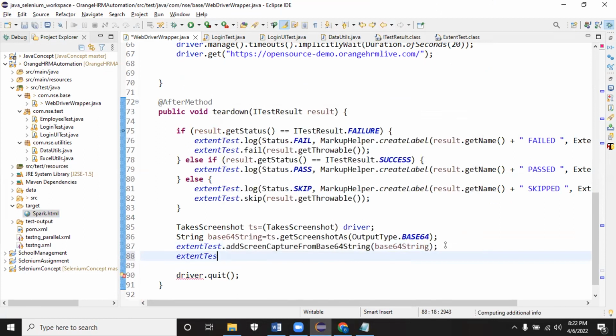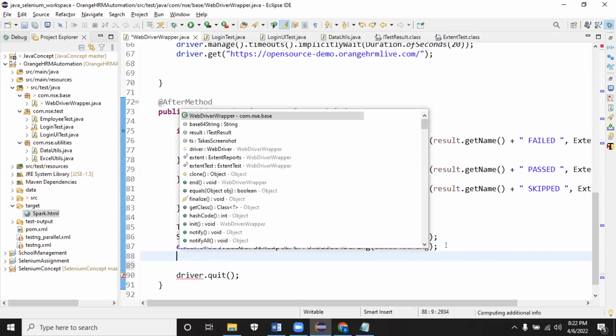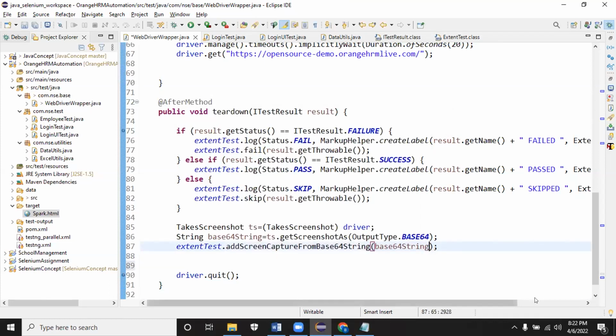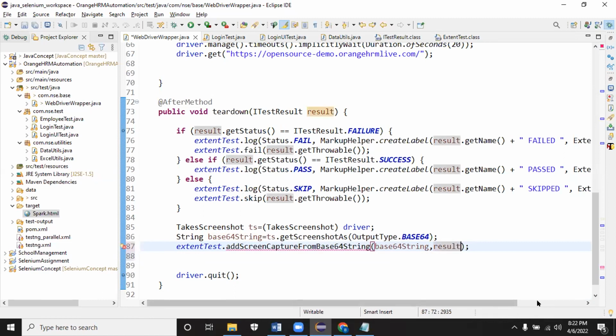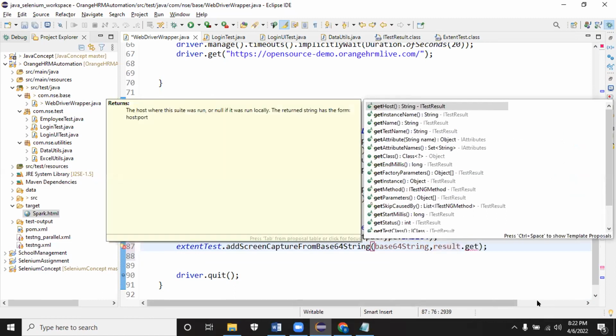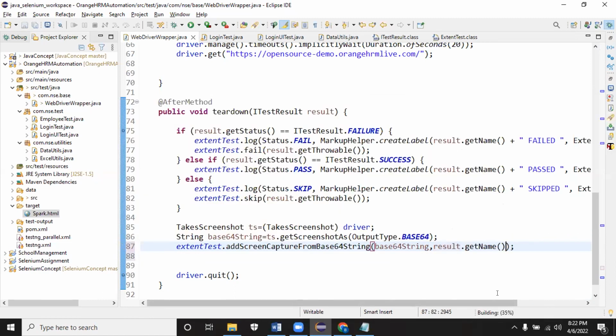You can give a title if you want to give a title, comma separated. Let me give it as result dot get name for the title.